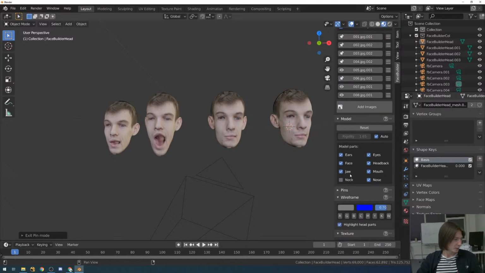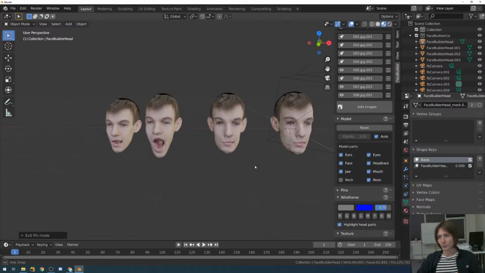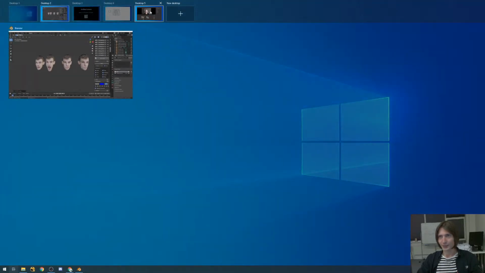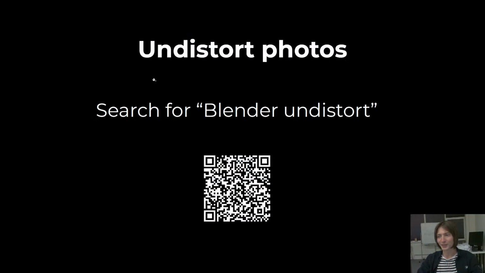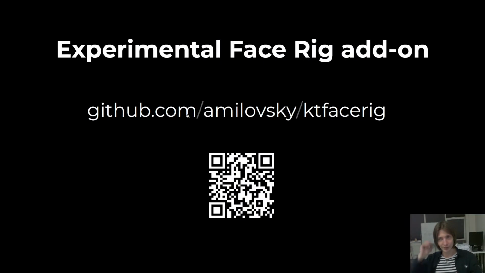And what else? Yeah, another thing that I wanted to show you is really the most experimental tool we ever built. It's not even supported. It's released as an open source add-on for FaceBuilder. You can go to GitHub to the account of Alexander Milovsky. He's the initial developer of the FaceBuilder add-on for Blender, and